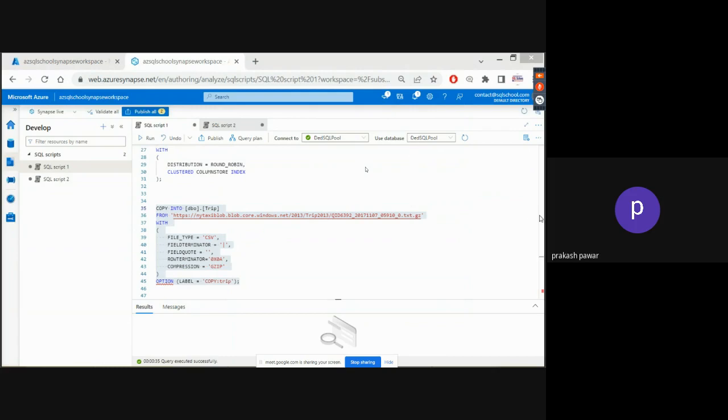In the workspace. Yesterday, ADLS, exactly, ADLS Gen 2. While creating the workspace, you got one ADLS Gen 2 account. You remember? Yesterday's class asked you for some account, right? ADLS Gen 2 account. Yes, sir, but